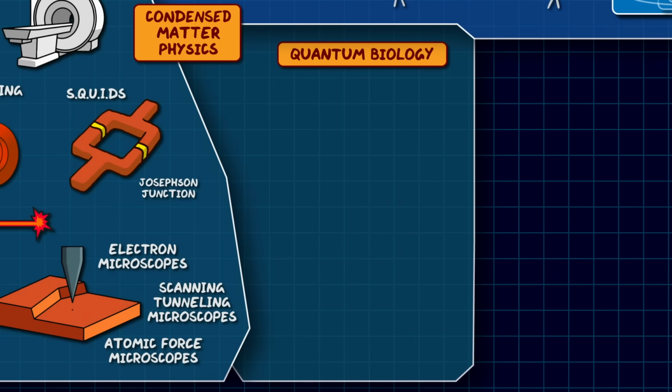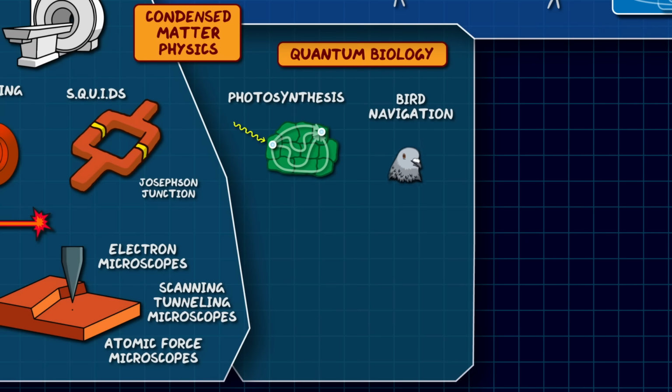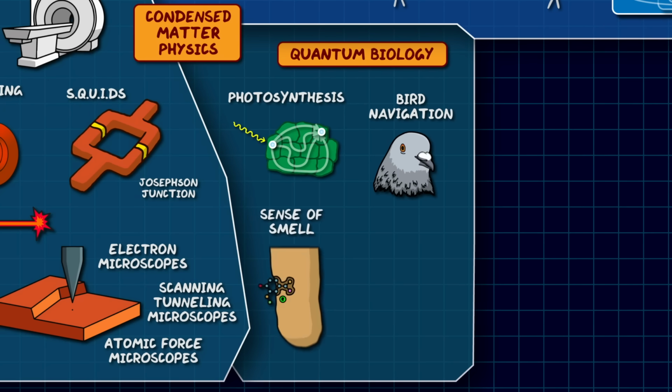Quantum biology studies the role that quantum mechanics has in biological systems. There are many processes in biology that are difficult to explain without quantum mechanics being invoked, like the efficiency of energy transport and photosynthesis, to magnetoreception in birds, how our sense of smell and sight work, and how enzymes speed